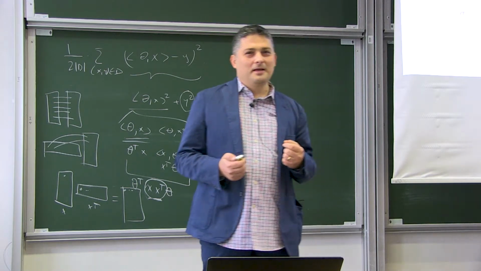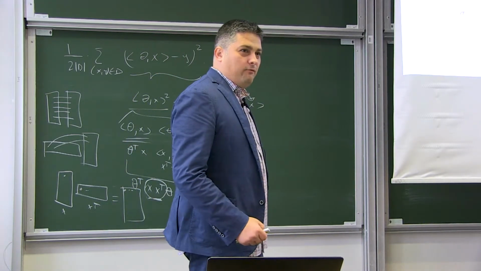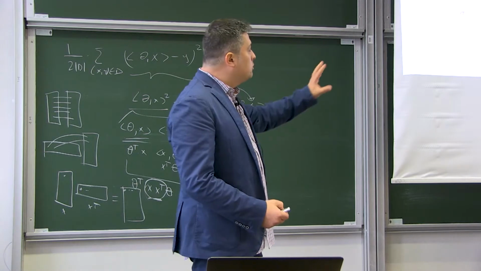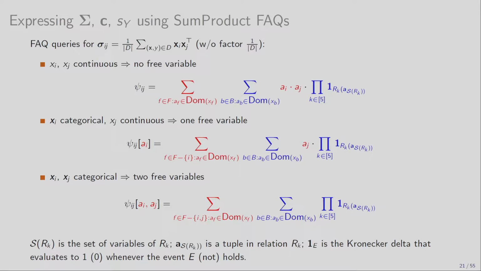Ah, I see. Okay, so going back to this thing. We have a principled way, a sound way to do it, but we like to avoid the zeros. So the way to avoid the zeros is to really think of these sigma entries in the sigma matrix as being, in fact, FAQ queries. So there are 3 main cases we should consider. One case is when both xi and xj are continuous. Another is when one of them is continuous and the other is categorical, and yet another case is where both are categorical. So let's start with the case where they are categorical.